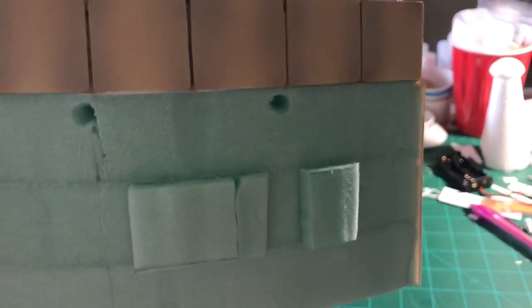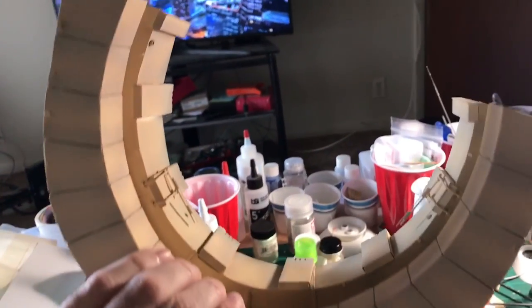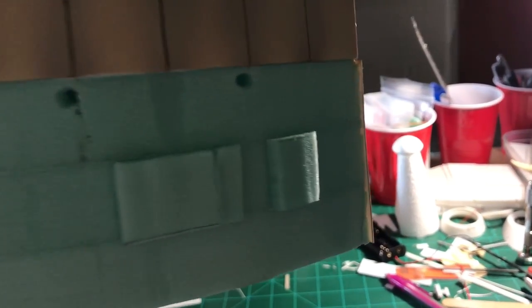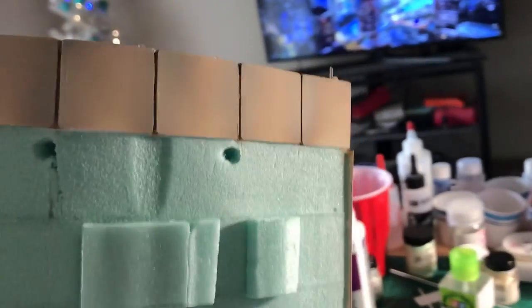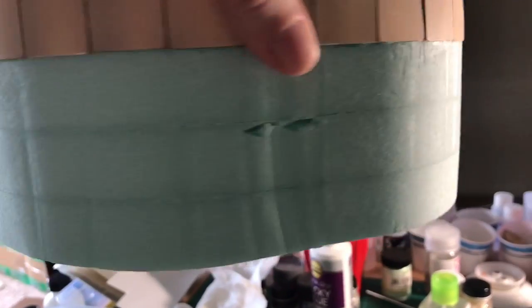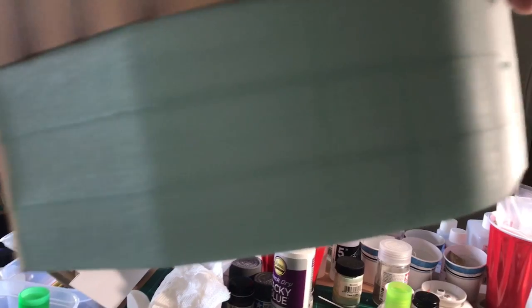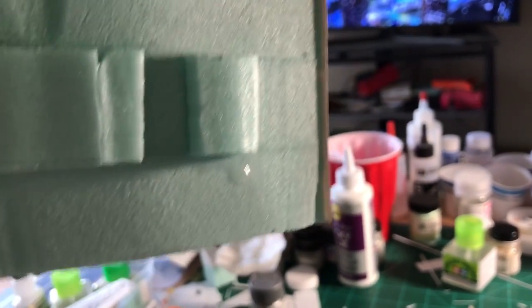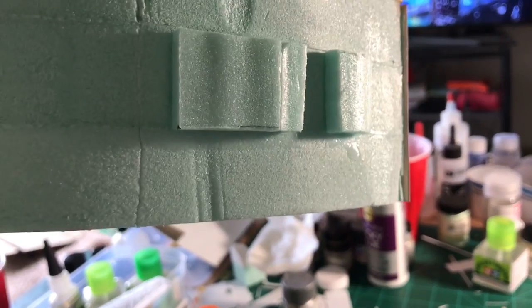Okay, so now I'm finishing up the back of this rounded wall section, and I'm only going to have that strip there at the top coming over to about that line right there, and then the rest of it's going to be solid, and it's going to go all the way around to the other side. And the reason I'm not having anything down below is because this part here is going to be hidden underneath